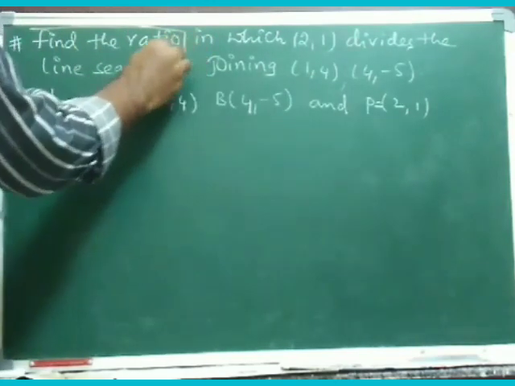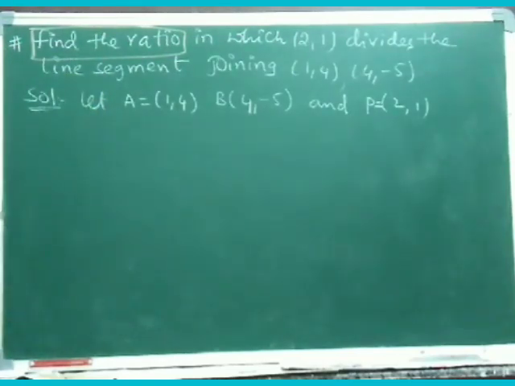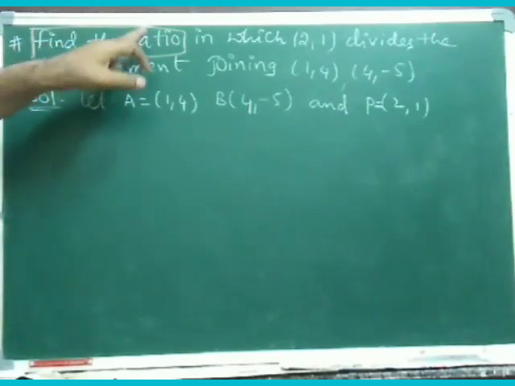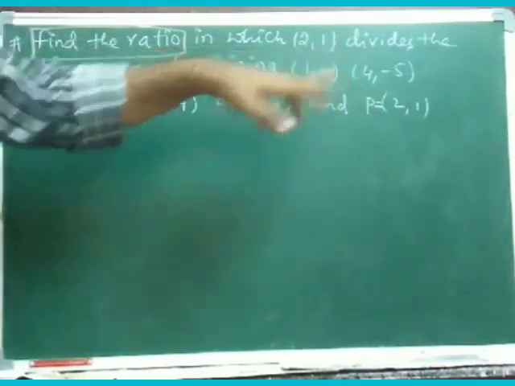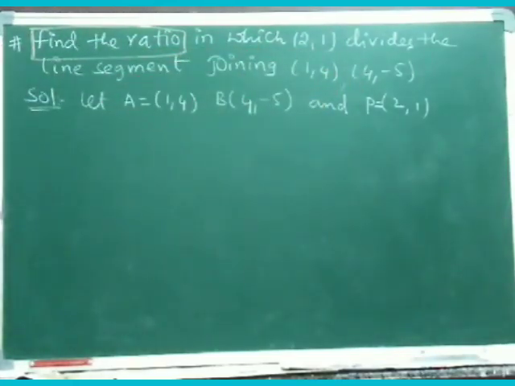Find the ratio. See, till now in whatever we solved in the previous problems, the ratio was already provided, maybe divided into 1:2 or 2:1 or 1:3, something. So when the ratio is already provided, then we can simply solve with the help of the section formula. But now, coming to here, find the ratio in which this point divides the line segment joining these 2 points. My dear, this is one beautiful chapter where we need to understand the question perfectly. Then only we can answer.